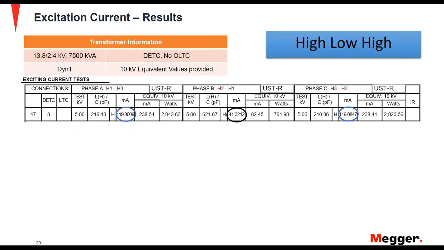So next, let's look at some results for this pattern. Let's look at this first example. This is a 13.8 kV transformer, which is delta wound on the high side, and a 2.4 kV side that is wound with a neutral available. It has a de-energized tap changer, but it does not have an on-load tap changer. If you look at the excitation current results, you can see that a test voltage of 5 kilovolts was used, and you get current values for each phase. So you had 119.3 milliamps for the A phase, you have 41.32 milliamps for the B phase, and 119.08 milliamps